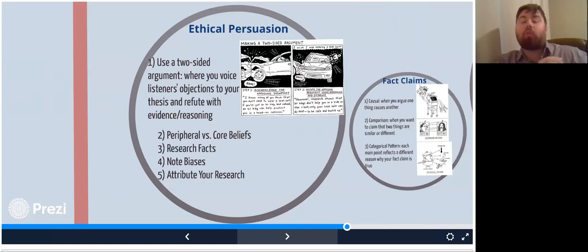But a good debater will be aware of what is against them. A good debater will be aware of what kind of criticisms, arguments, or ideas are leveled against their position, and then be able to turn around and combat those arguments head on and effectively. So there's peripheral versus core beliefs. What you have to remember is that when it comes down to it, people have beliefs that they're peripherally attached to, and then beliefs that are at their core. So think of a single issue voter.